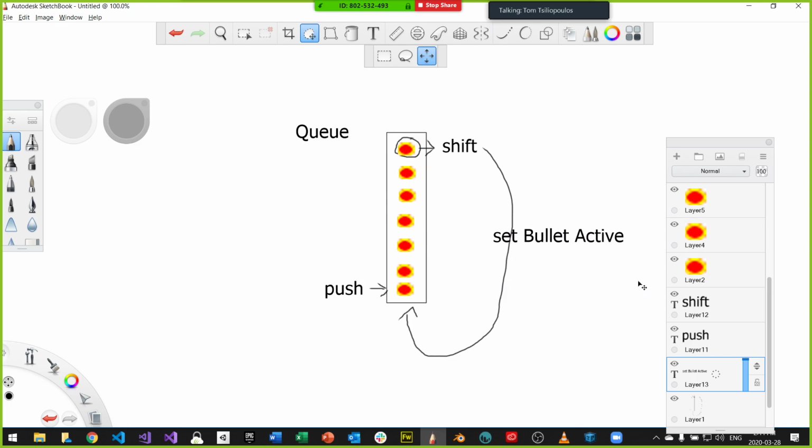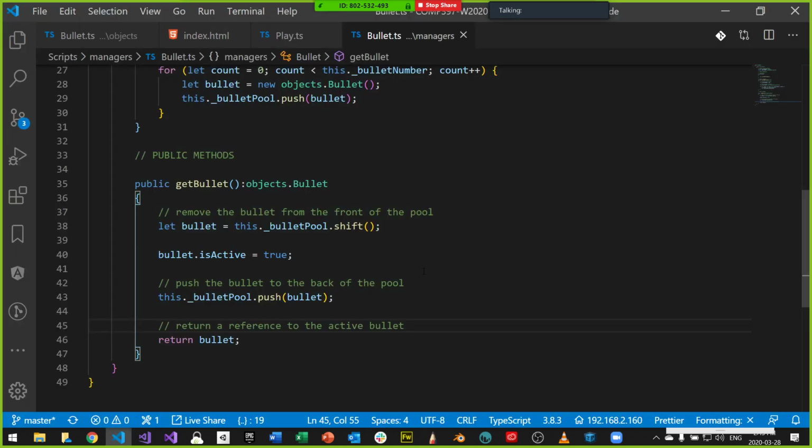Somewhere out here, we're going to set the bullet active, and once the bullet is set active, it's pushed back into the pool. Now, when does it become inactive? When it leaves the screen, or when it hits something, then it becomes inactive again. And if it's inactive, it also resets off the screen. Okay, so that's kind of how this bullet pool idea works. That's the getBullet method.